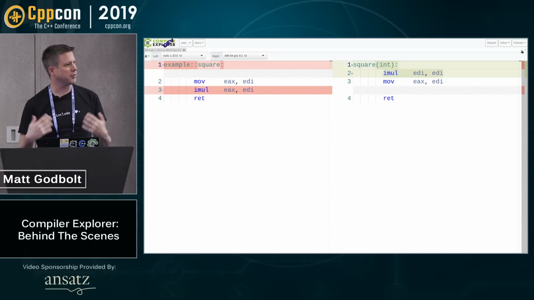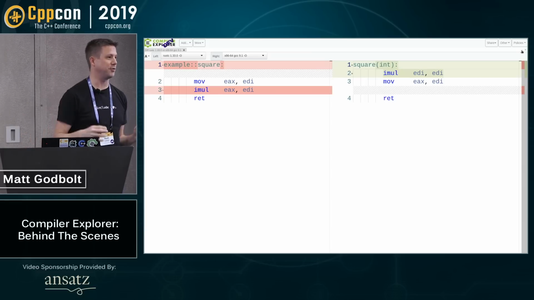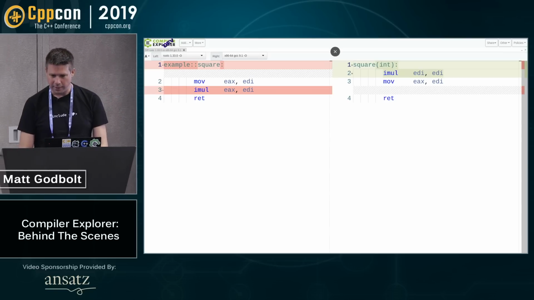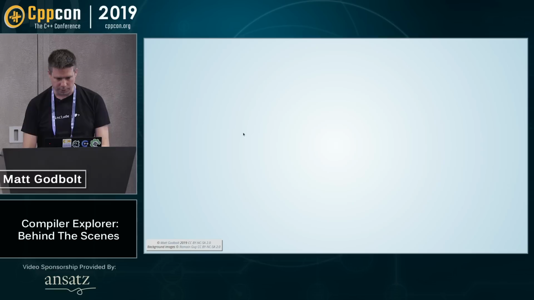That's not true if you start doing some other things that have overflow, because for example, Rust will check for overflows, whereas C++ will happily let you overflow all you like, and it's just UB. But that's the difference there. I haven't got time to go into that one, but